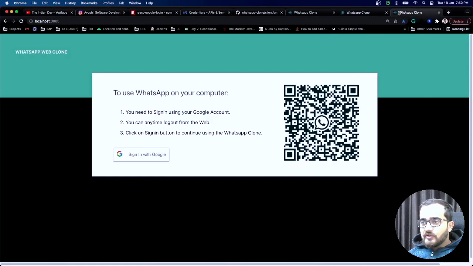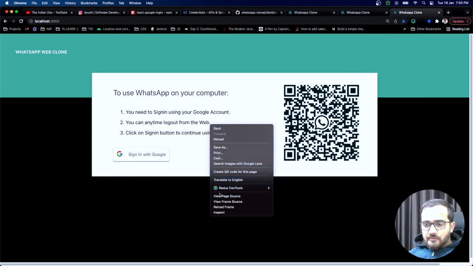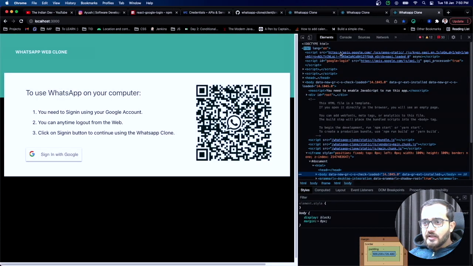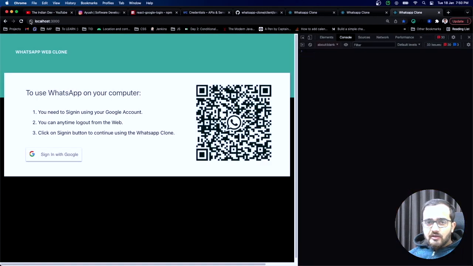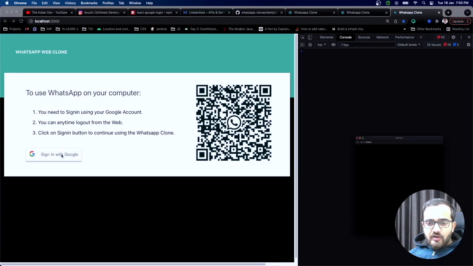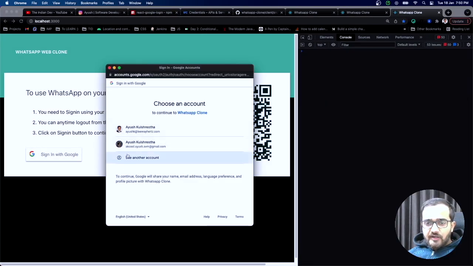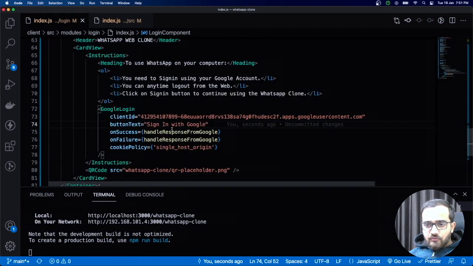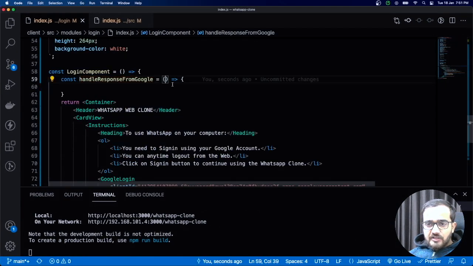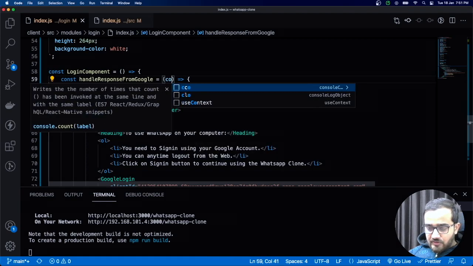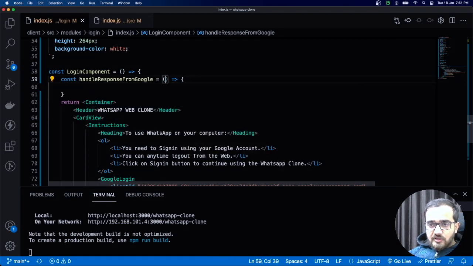Now let's see if that button is visible. Okay, so the button is visible. Now we can test it. I can inspect as well, so that if there is any error we can identify it. Let me refresh. If I click on this, you can see all my accounts to log in with this. And for the response, just testing the response, what we can do is have the response